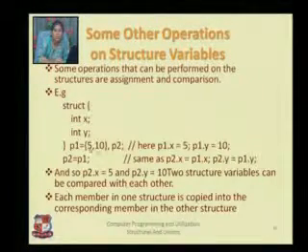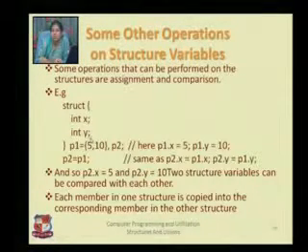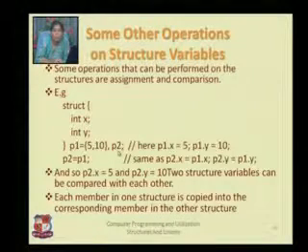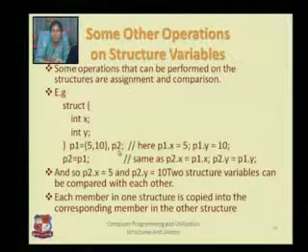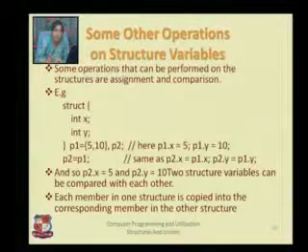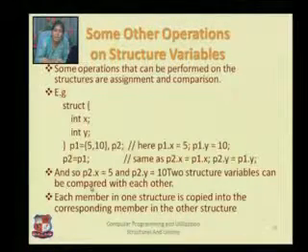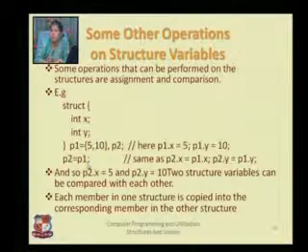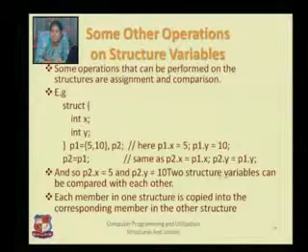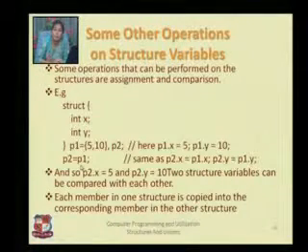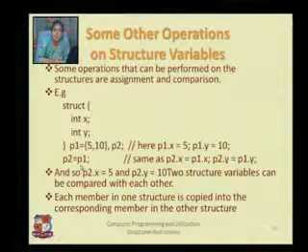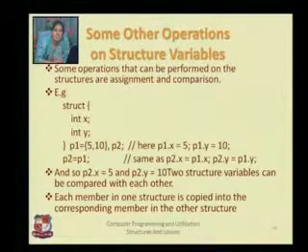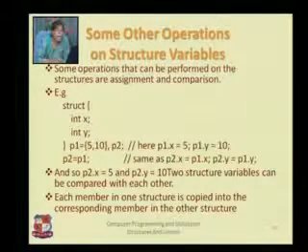P1 is equal to 5 and 10. Here I am writing 5 and 10, meaning x would have the value 5 and y would have the value 10, comma P2. P2 is uninitialized. It's not having any value for its x and y. It's empty. Right, now we are writing P2 is equal to P1, meaning P2's x would be P1's x and P2's y would be P1's y. So that is the thing I am writing, right? So now P1's x would be 5 and P1's y would be 10. The same values will go to P2 and P2's x will be 5 and P2's y would be 10, right?